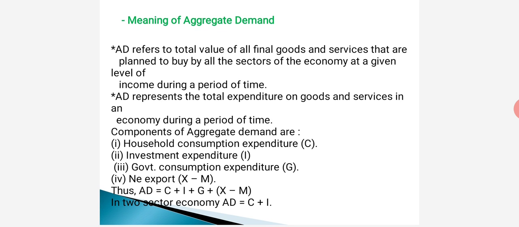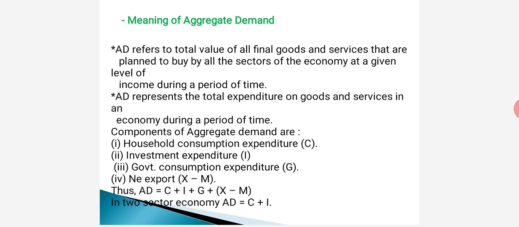As we studied in microeconomics, there are two types of demand, individual demand and market demand. Individual demand is demand by one consumer for one commodity. Market demand is demand by all consumers for one commodity. And here we have aggregate demand, which means demand by all for all commodities. Demand also comes from our expenditures.